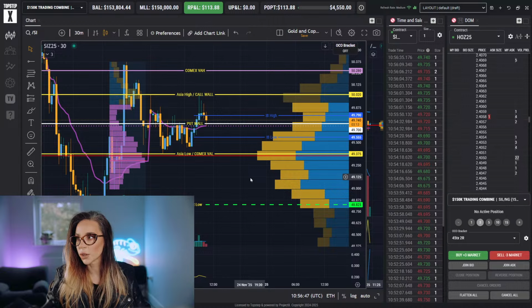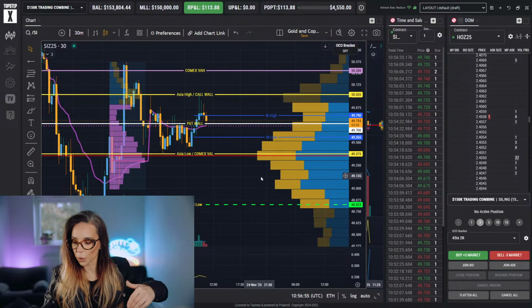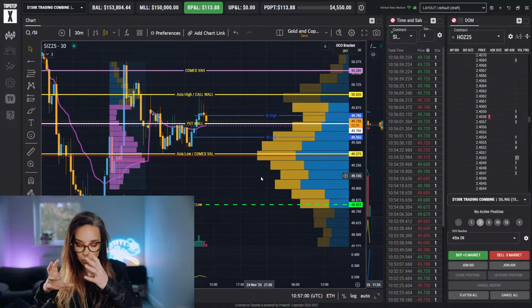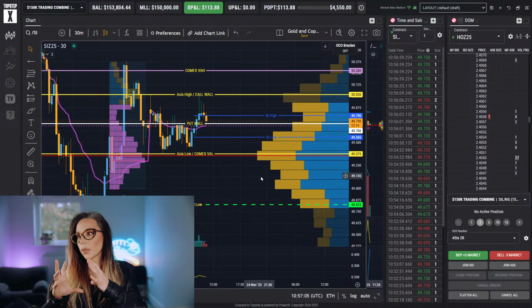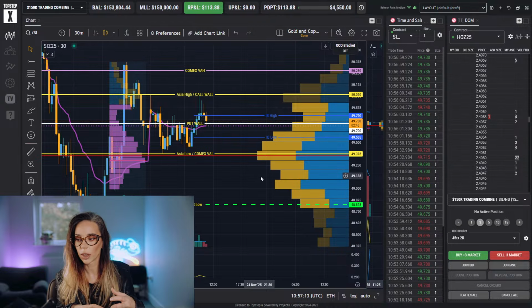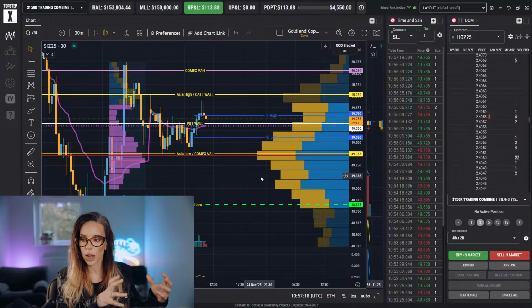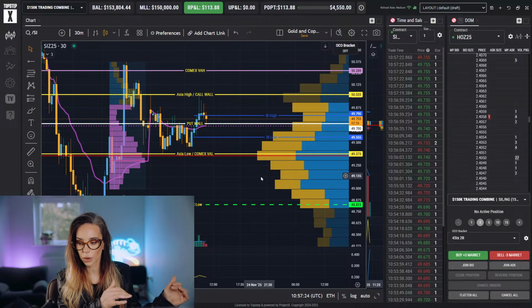But sitting there clicking buttons, no visual aids, no execution flow, not knowing what you're supposed to see before you actually take action. So train yourself to have a binary decision process, like a flow diagram from one box to the next. You have one box which says level, then another box that says something happens at the level, then the third box, what do you need to see, and then the final box, take action or no action. Binary decision process after an execution of something.